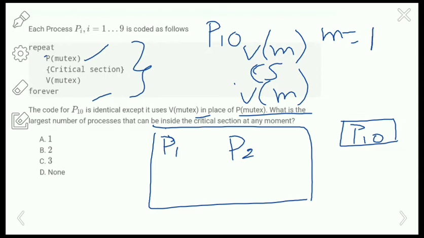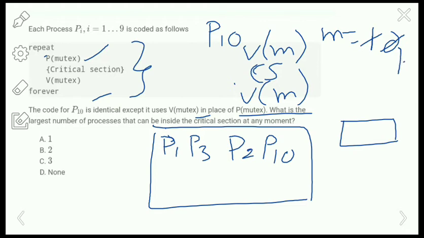Now next we are going to repeat this P of mutex. So here 1 is right, so we are going to decrement by 1 and P3 will enter the critical section now. While P3 is in the critical section, P10 is again going to enter the critical section. So m equals 0, we are going to wake up the blocked process P10 to the critical section. Now the m value we are going to make it as 1, right? So V of m means it is going to increment the value by 1.